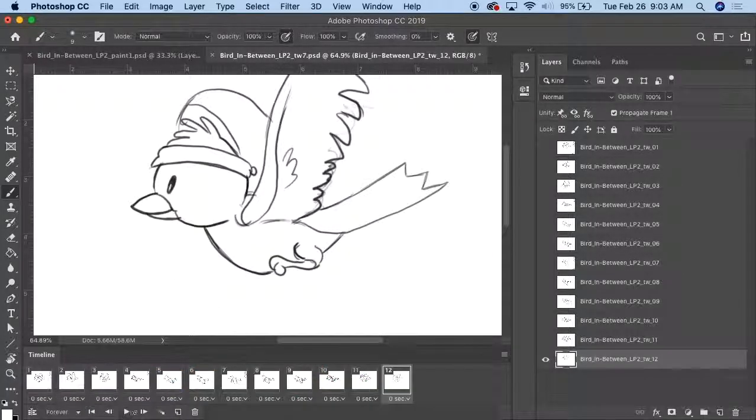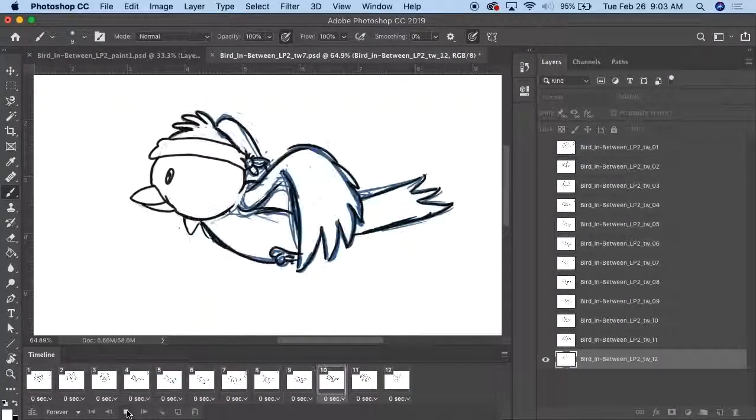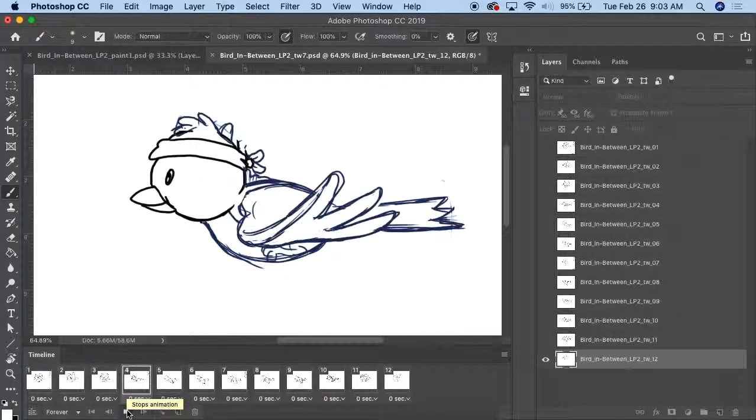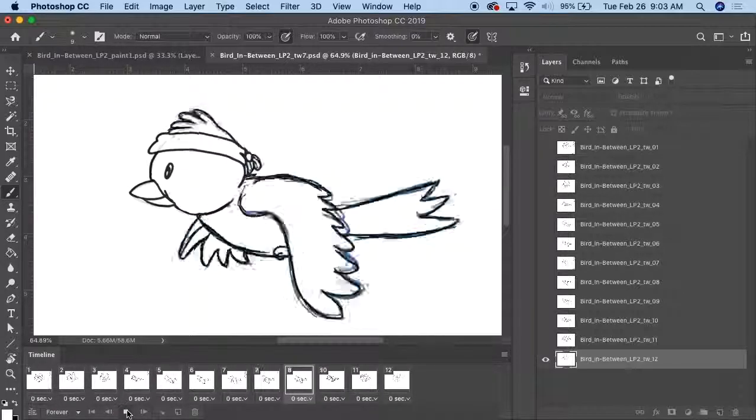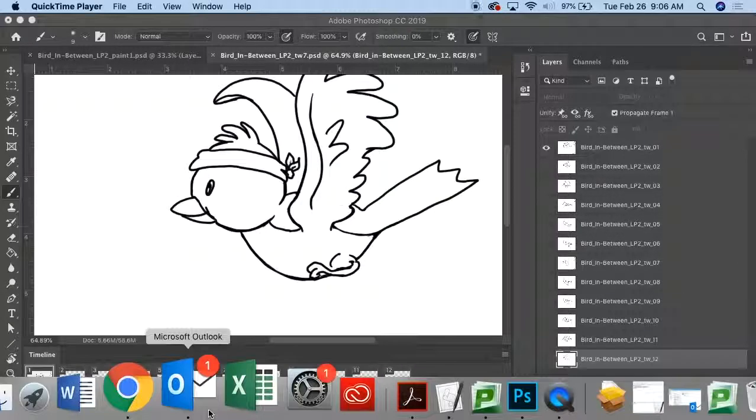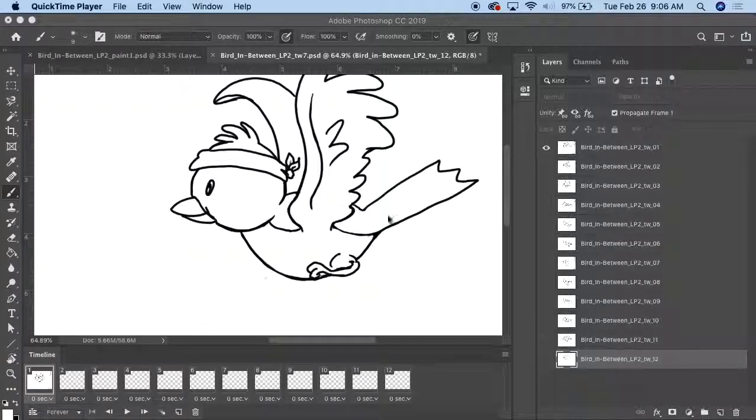So take 2. So now it's caught up. So there I have my bird flapping. I get the fly cycle going on. Okay, so once you have the flight that it's working the way you like,